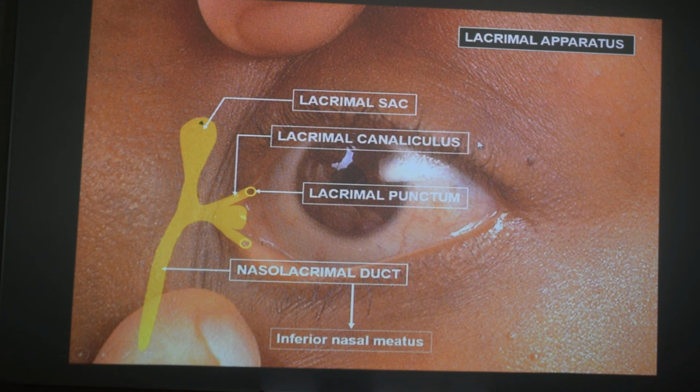The lacrimal gland is going to open into the eye by 10 to 12 ducts in the superior fornix of the conjunctiva. So it is going to open into the superior fornix of the conjunctiva by 10 to 12 ducts. And then we know that the lacrimal gland is going to produce the lacrimation, and your lids are going to act like wipers, and they are going to spread the tear film over the top of the anterior aspect of the eye. So if you have something coming in the superior fornix and then your lids are moving down